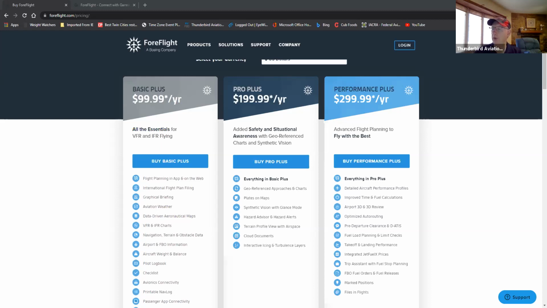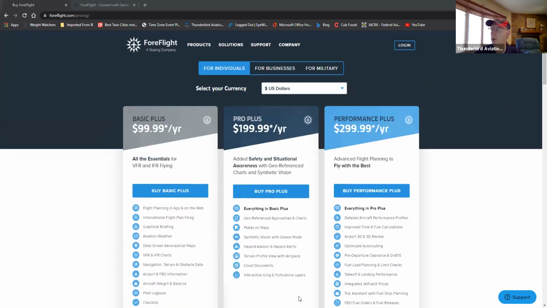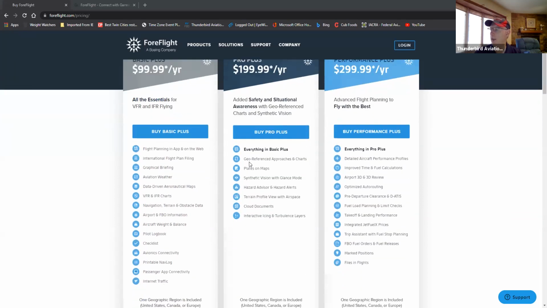So the $99 level does all sorts of wonderful things: flight planning and graphical briefing and weather, and the big thing is the IFR charts. We'll look at that. You can do weight and balance with the thing, use ForeFlight as your logbook, put a checklist on there, all sorts of neat stuff that we'll take a look at today. If you go to the $200 version, then everything that we just talked about, plus georeferenced approach